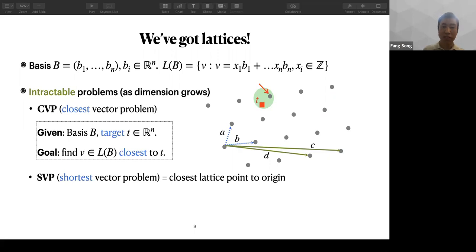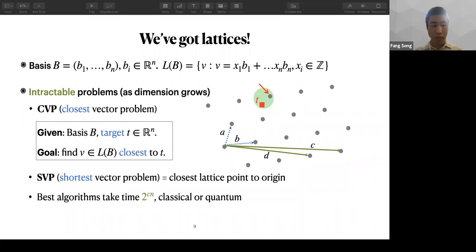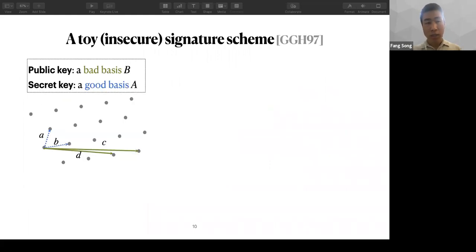And more importantly, as the dimension grows, we will be facing a large search space that is difficult to navigate. And in fact, for both problems, the best known algorithms, either classical or quantum, take exponential time. So we have good reason to believe these are really hard problems, even for quantum computers. Okay, that's good. Now to give you some idea how lattices, or this lattice problem, could be a good fit